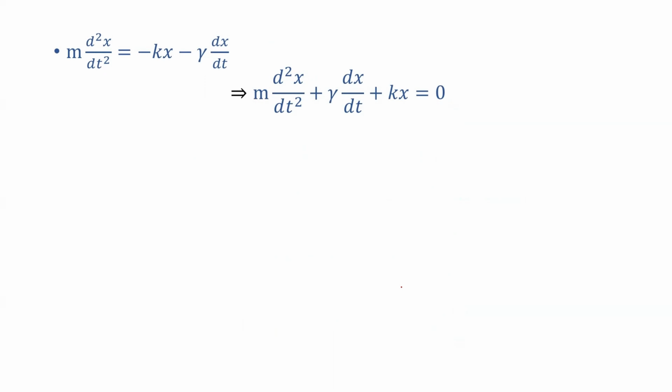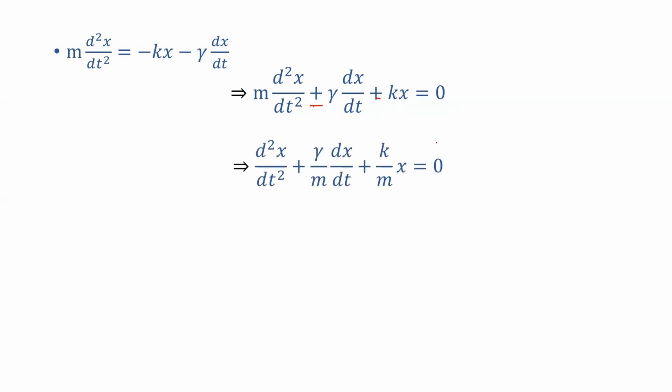So first I have taken the terms to the left hand side. Then what happened? This negative becomes positive here. So these are also positive. Then divide throughout with m. So here m will be cancelled. Here gamma by m. Here k by m. So then the equation becomes